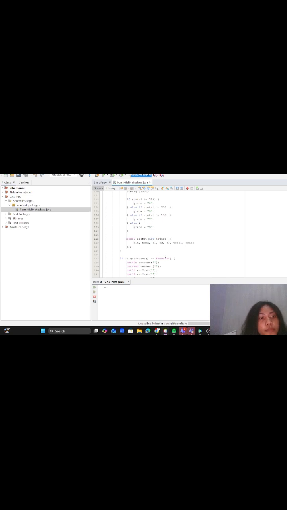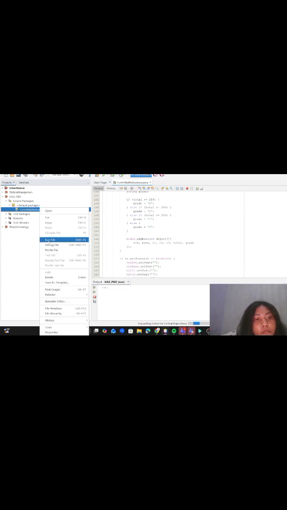Okay, so I'm going to run this source code. I click the run button in NetBeans and the application window appears. I will put my student ID.